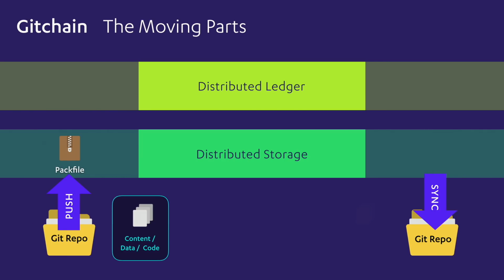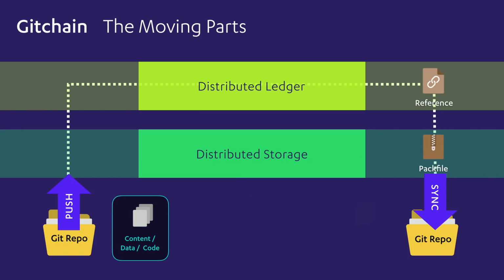But once you have the pack file, then you have to tell someone where this pack file is, and that's where the reference comes in. You put a record on the distributed ledger, which is quite limited in size, but then you say, hey, whoever finds this link in the distributed ledger, just go and find the pack file, and then with the pack file, you can recreate it. So it looks something like this. When we push, we create the reference on the ledger. When the other person sees the reference, they go and look up the pack file, download it through a distributed storage mechanism, and unpack the pack file, and maybe previous history of the pack file, so you may have to go all the way back to the root, and then you can sync and recreate a Git repository.